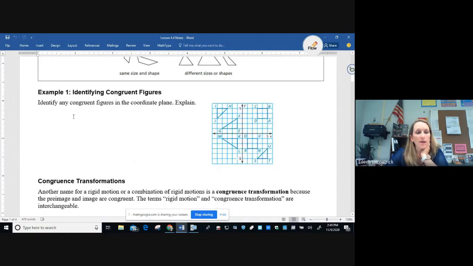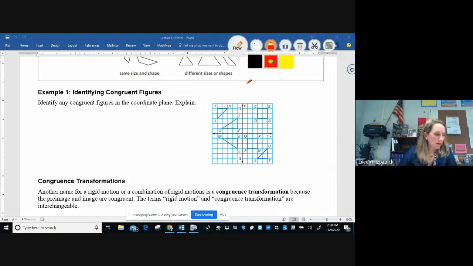Okay. Identify any congruent figures in the coordinate plane. Explain. All right, so we see that we have some triangles here. We have triangle IHJ, triangle STU. We have some four-sided figures. We have other triangles that are a little larger than the other two. So, make sure my pen's working. All right, so let's first look at